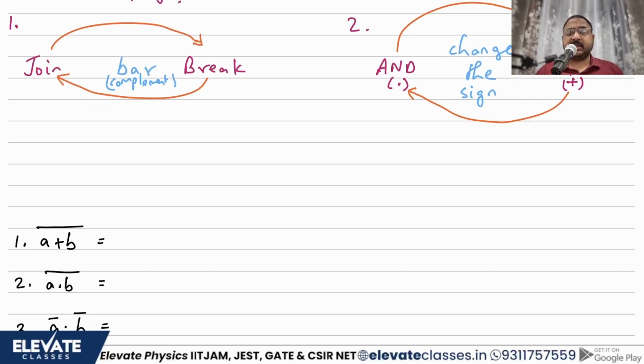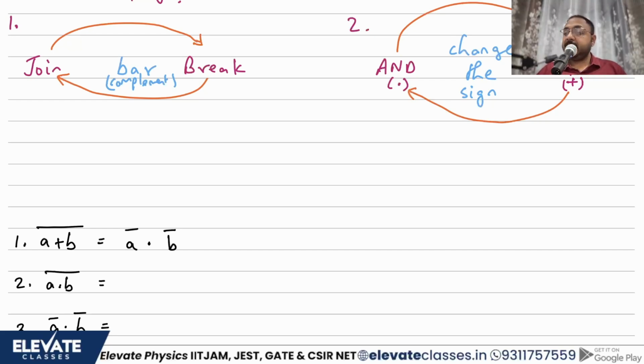Let me give you an example so that you understand. Here I have the expression (a + b) whole complement. Just assume that we don't know the statement of De Morgan's law. How will you apply it? First, think about the bar. The bar is joined over both of these, so break it. The bar will be broken over a and b. Second, can you see a sign? The sign is plus, replace it with a dot. End of story. You don't have to think about it at all. That is all you have to do in De Morgan's.